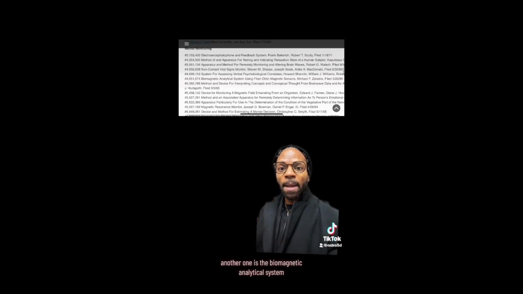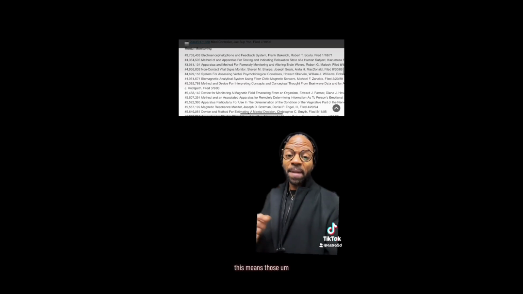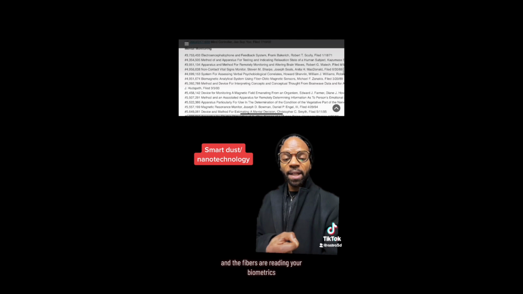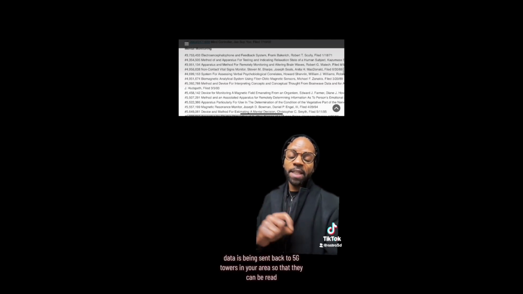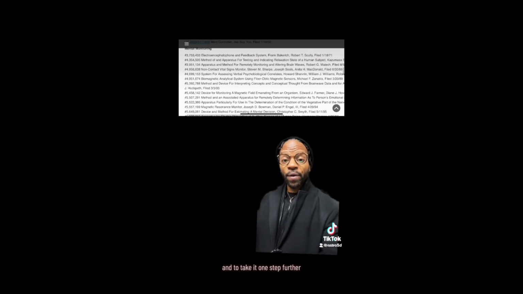This means they're reading your thoughts. Another one is the biomagnetic analytical system using fiber optic magnetic sensors. This means those little fibers, allegedly, you have little fibers in your body, and those fibers are reading your biometrics, and then that data is being sent back to 5G towers in your area so that they can be read. And to take it one step further, this technology can be used to read the thoughts